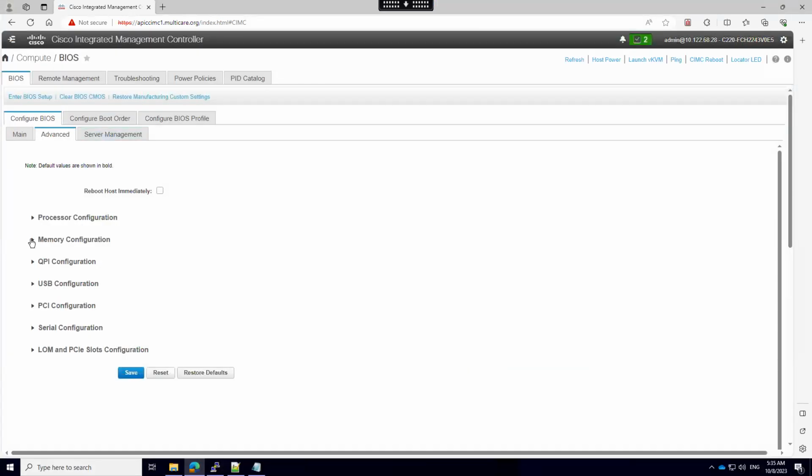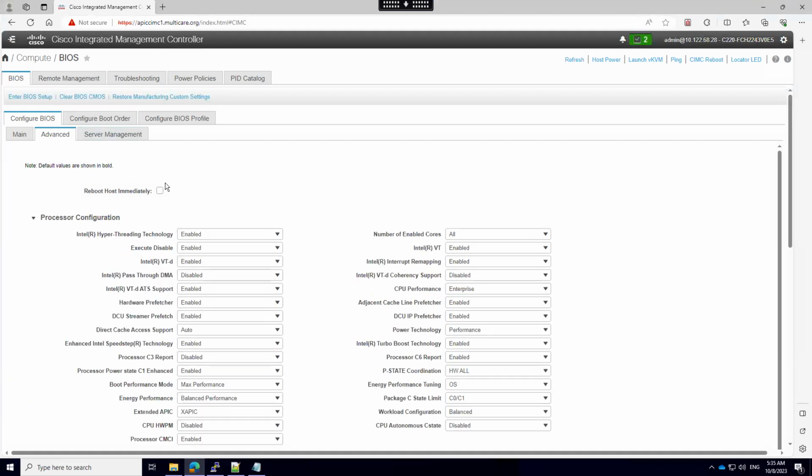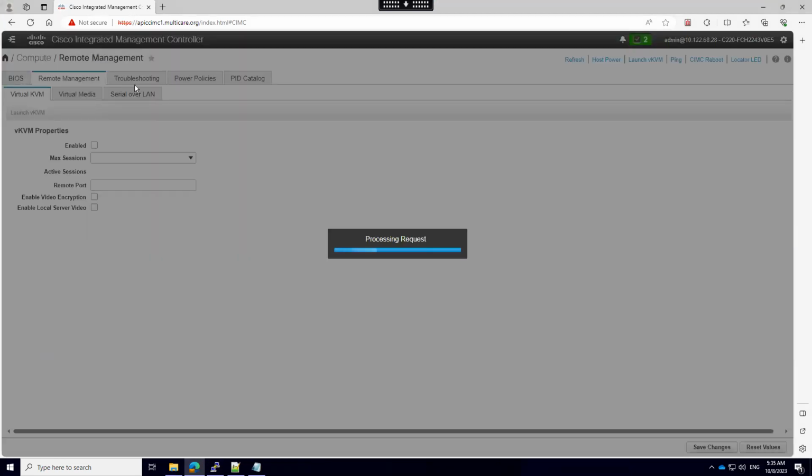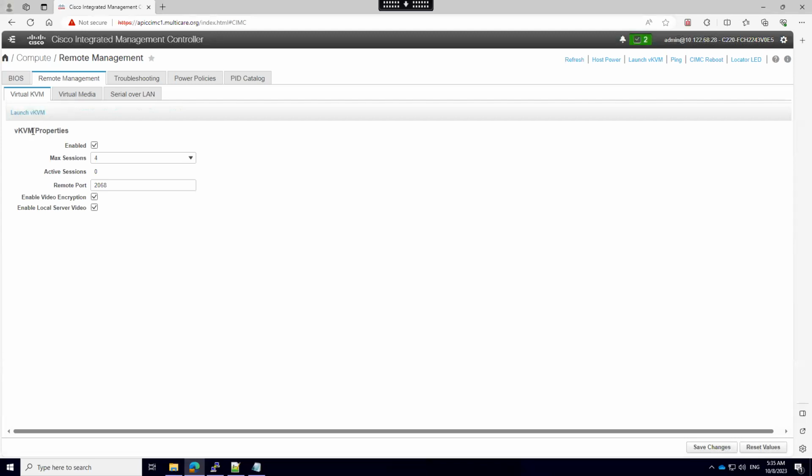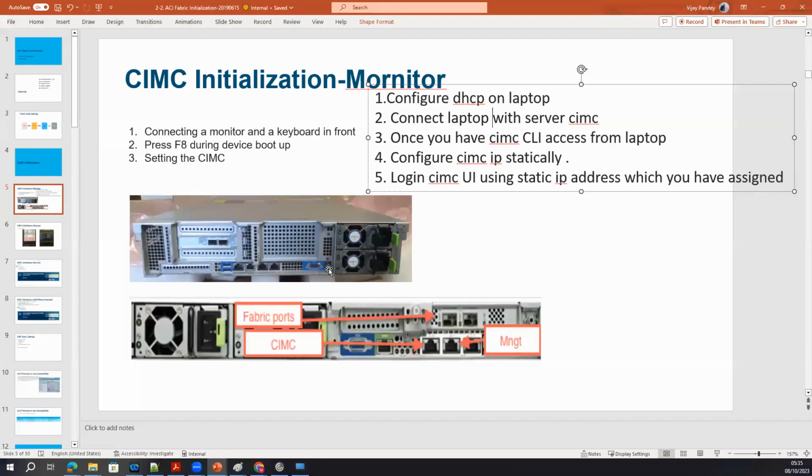If you see here, memory configuration and all the configurations are there, with different settings which you do not need to touch by default. The main thing you have to touch is that you should have the KVM properties enabled. If enabled, you can launch the KVM without connecting a keyboard and monitor here.